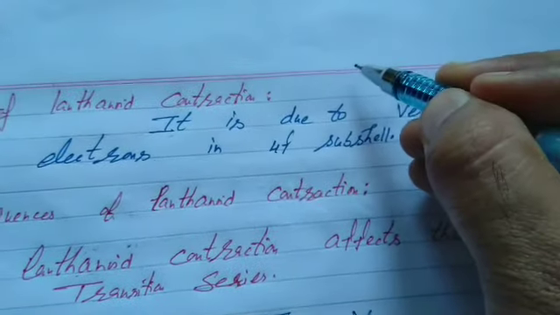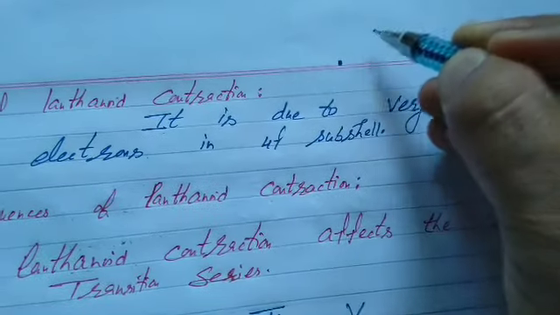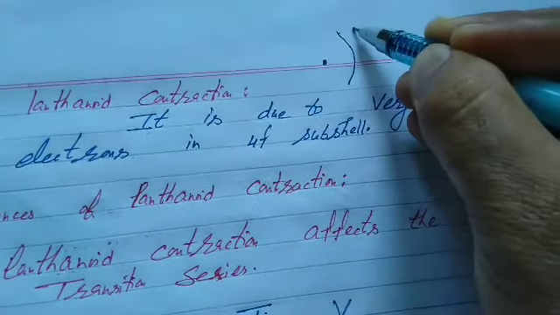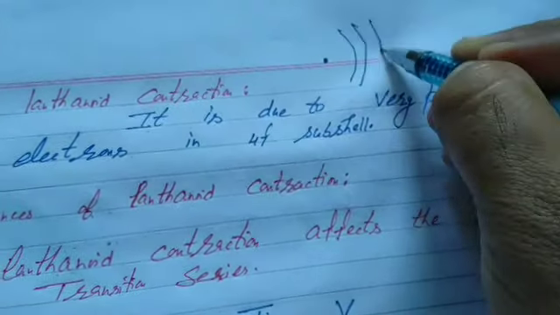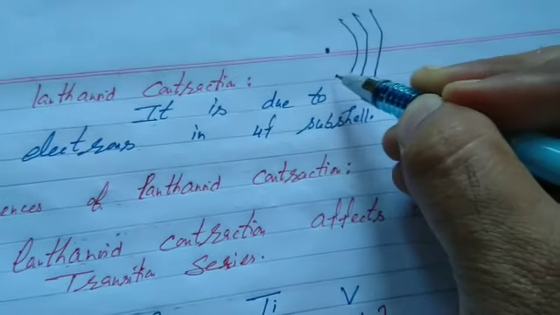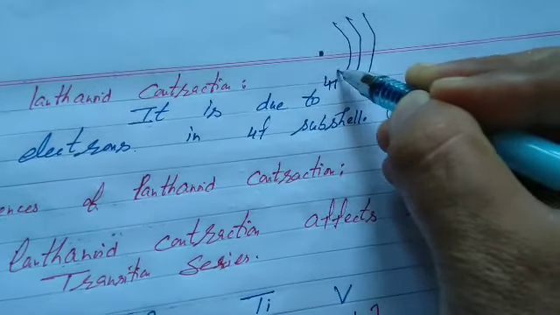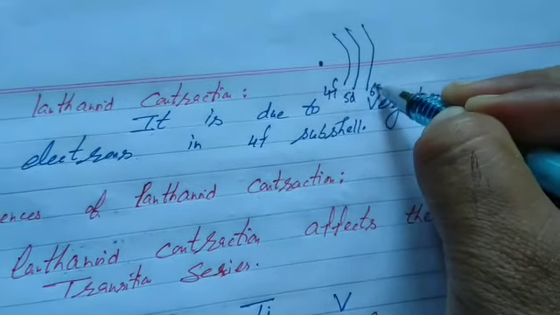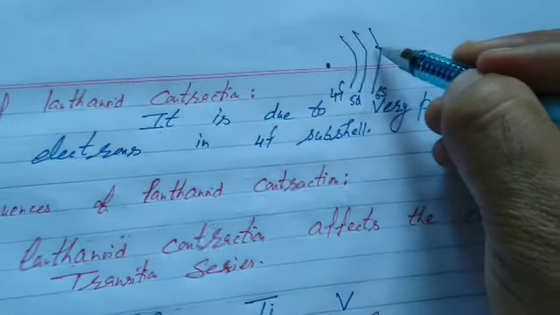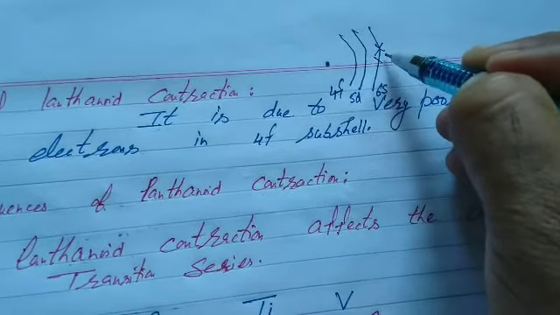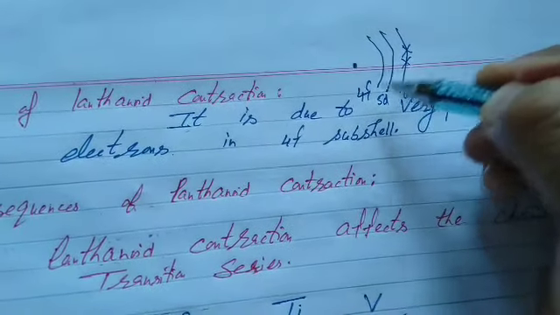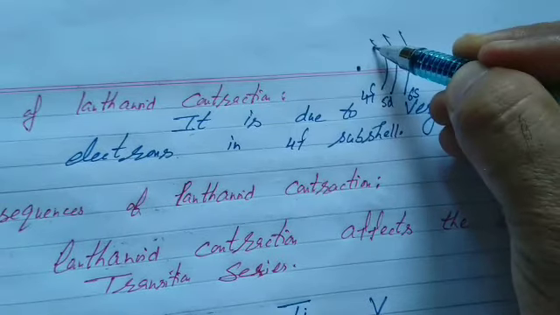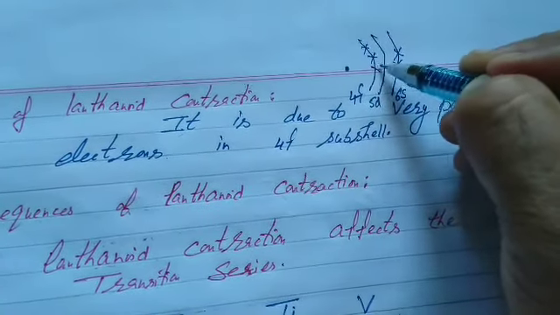After this, what is the cause of lanthanoid contraction? Students, at first, lanthanoids are F block elements. Electron goes to the antepenultimate shell, inner to second last, that is third last, 4f. It is 5d. It is 6s. That's your nucleus. Valence shell contains 2 electrons in all lanthanoids, but electrons inner go to 4f subshell. When we start from cerium, 1, 2, 3, 4 and so on.